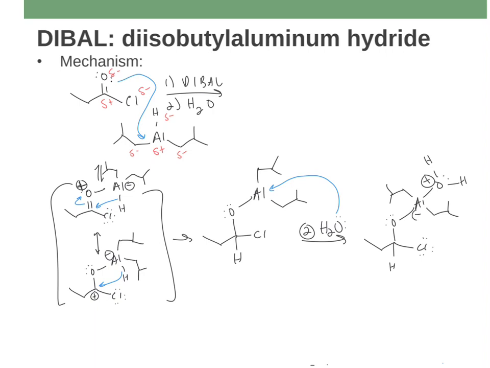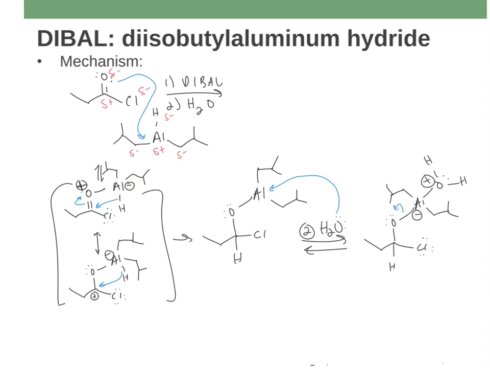And the aluminum is negative, right? So we got 2 things that are going to want to happen here. One is that the aluminum wants to spit something out again, right? So it could spit out the water, which would be going backwards, or it could spit out this oxygen with our chlorine, that whole organic piece that we started off with. And if you imagine that being spat out,